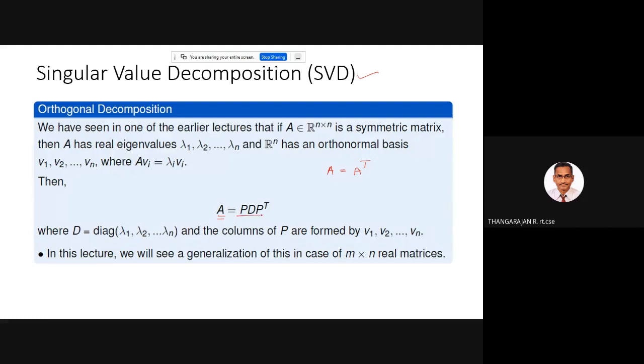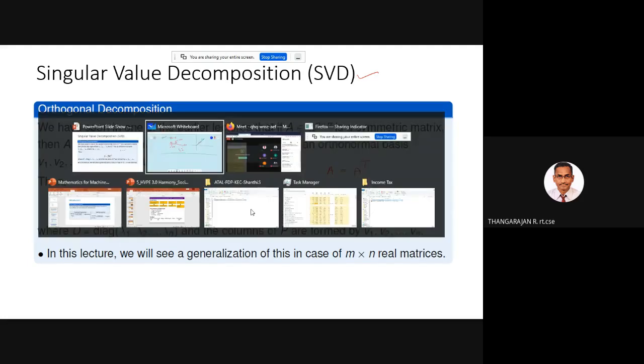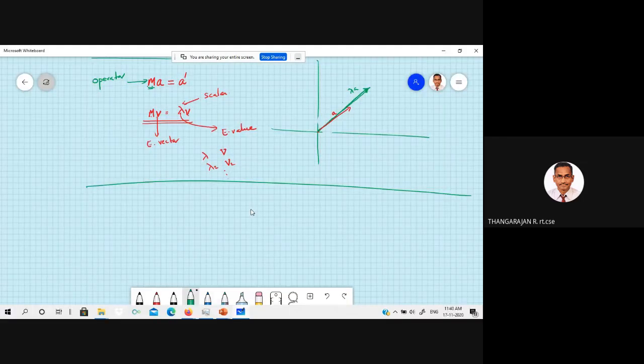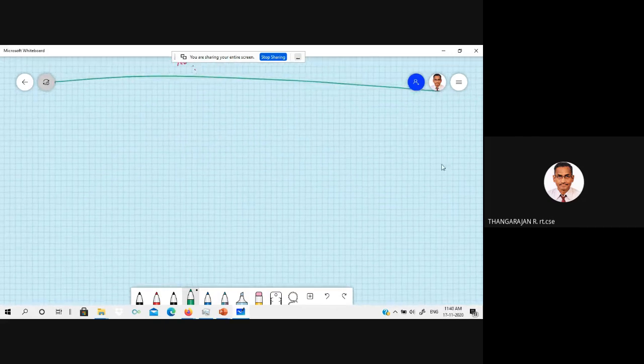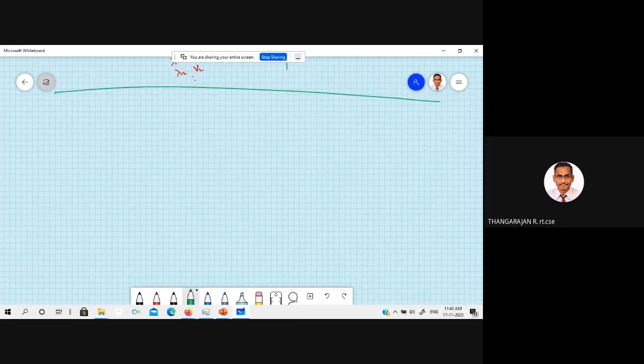In that case, that matrix A can be factorized into three matrices like this: P, D, P transpose. Only a square matrix can be symmetric; you cannot make a rectangular matrix symmetric. If you say a matrix is symmetric, then naturally it has to be a square matrix, n cross n. If A, n cross n, is a symmetric matrix, then it can be factorized into P, D, P transpose, where